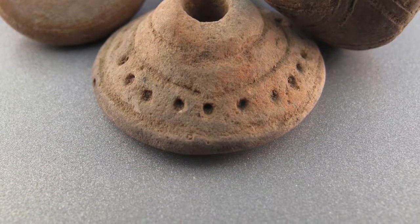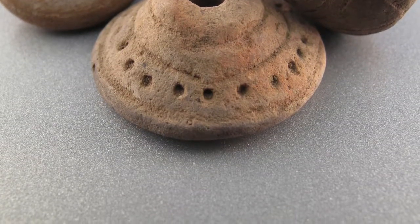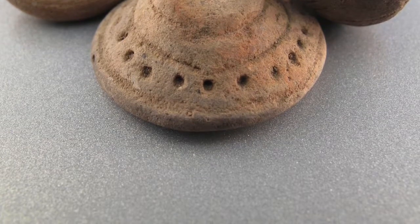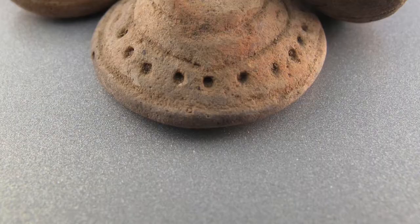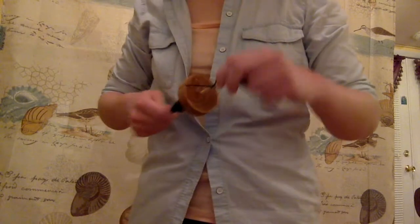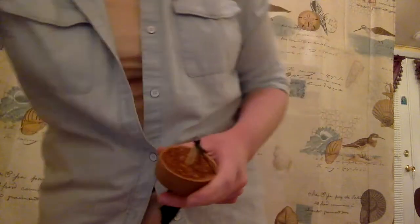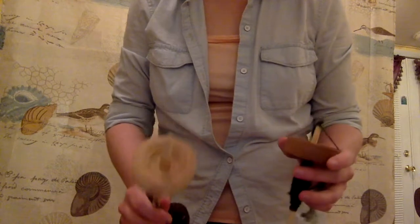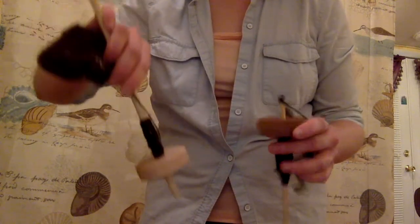Around the world, there are many different styles of spindles. I will not be going over them, but there's really not one kind. However, they all do the same job, making yarn. I will now be demonstrating on a high whorl and low whorl and explaining the differences between those two basic shapes. What I have here is one that's spun with the top upside down, and the other one where the